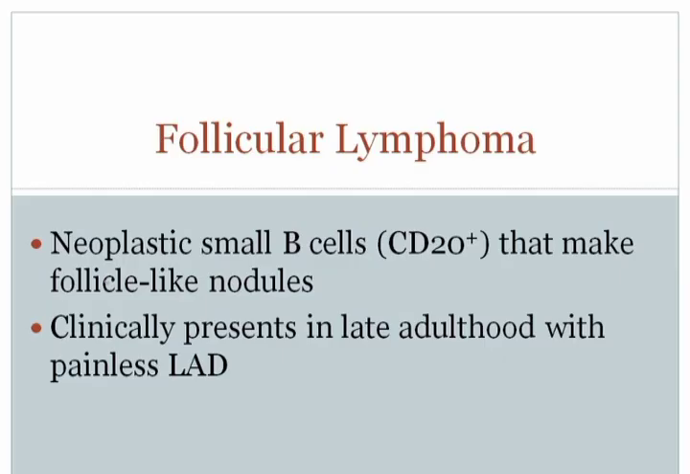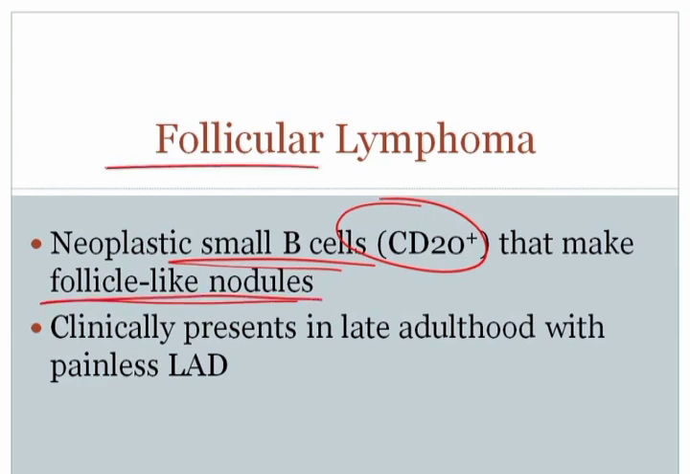Follicular lymphoma is a neoplastic proliferation of small B cells. Those B cells would be CD20 positive. CD20 is a key marker for B cells. And these small B cells are going to make follicle-like nodules, hence the name follicular lymphoma. Clinically, it presents in late adulthood and usually with painless lymphadenopathy. Now, lymphadenopathy refers to enlargement of the lymph nodes,